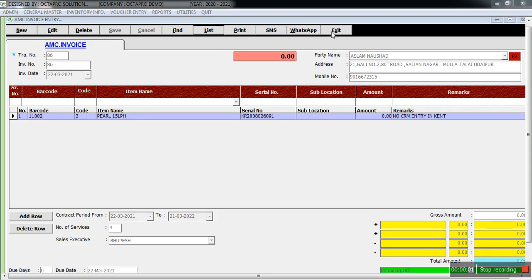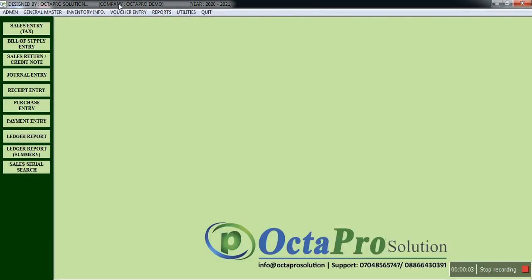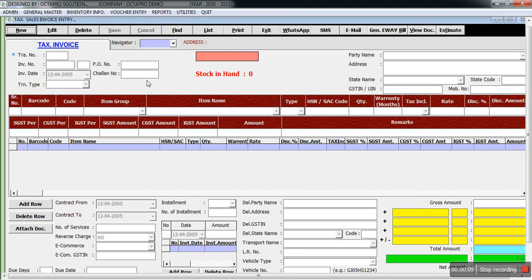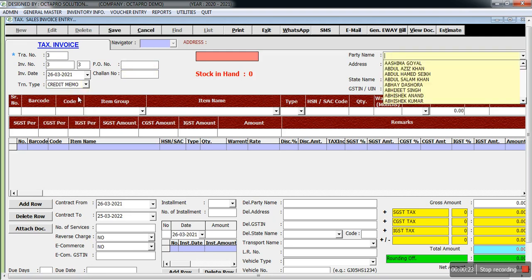Next we'll check the sales entry, where we will see how we can manage our billing, provide warranty services and get its reminder. So we'll start a new entry. The bill number is automatically incremented. Next will be your current invoice date. Then select your transaction type, whether it is cash or credit. Next select your customer. If it's available in the list, then select it.